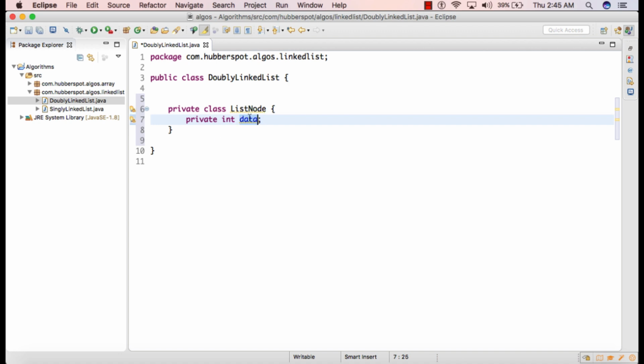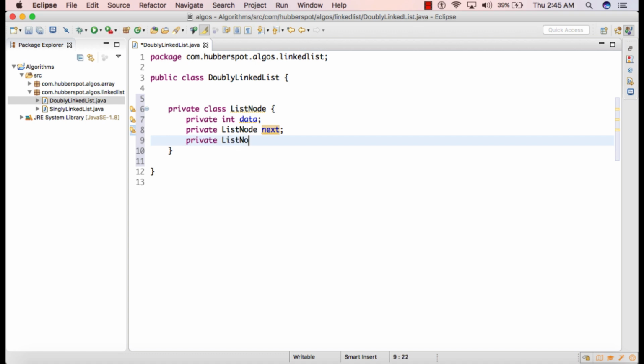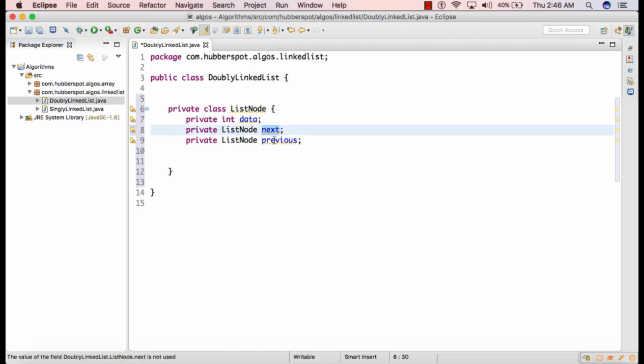So it contains data, and this data can be any generic type as well, but here I will be taking it as integer. It holds a pointer to the next list node. It also holds the pointer to its previous node. So the three things are data, a pointer to the next node, and a pointer to the previous node.